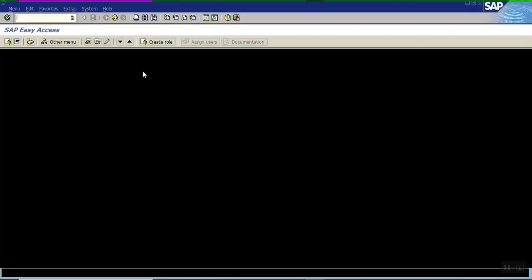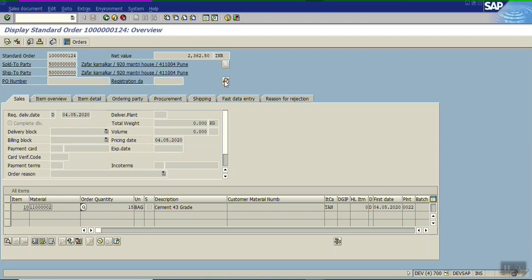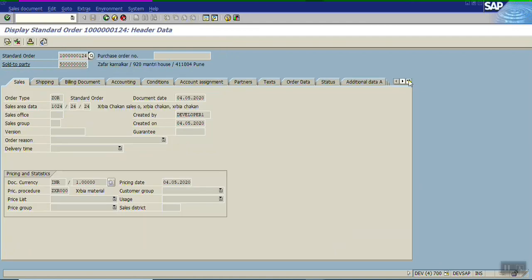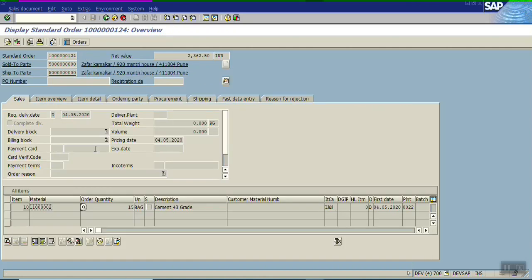Go to VA03, 124, go at header level, registration details. Now you can see the values are here, the registration number, registration date, and the city, along with the other data which we have passed earlier.